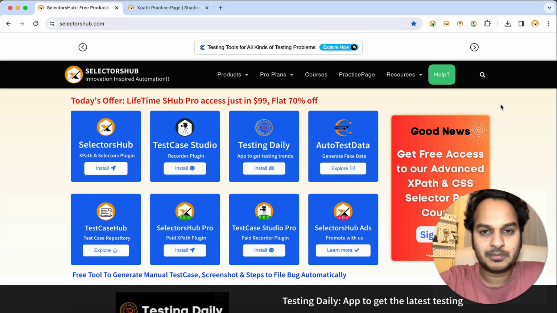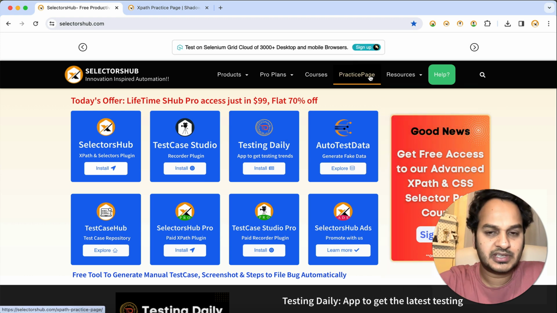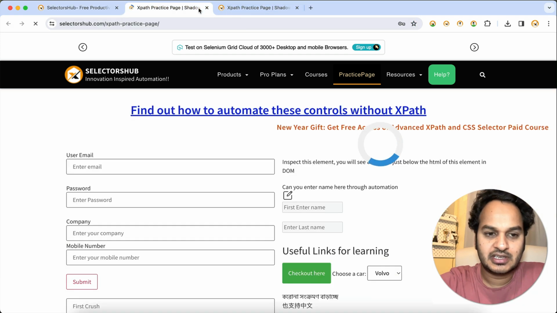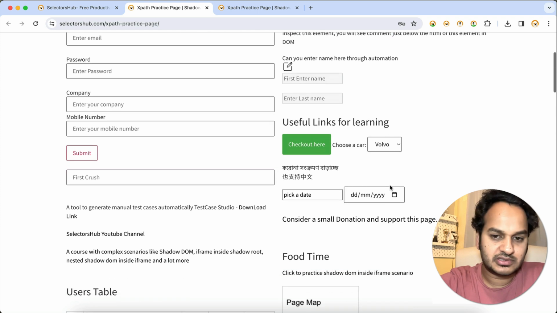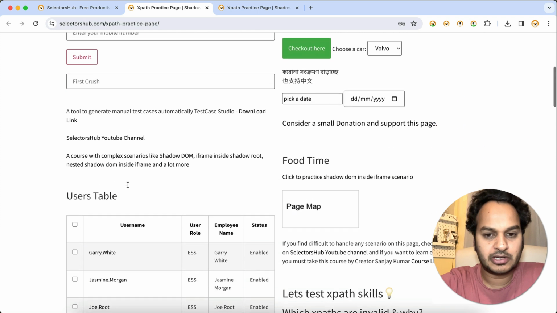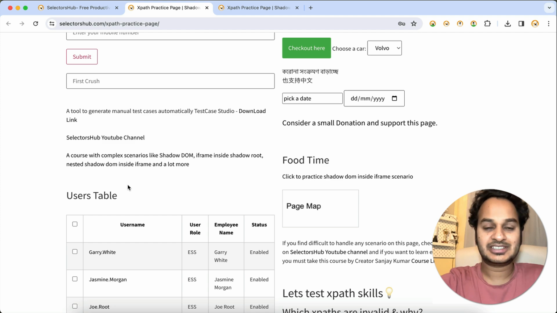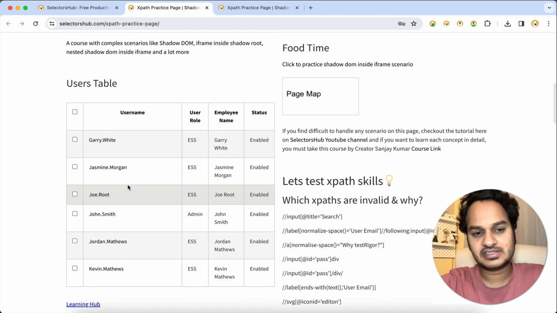Hello friend, welcome back. As you all know, we have this practice page which is very helpful to practice any kind of scenario related to web automation, any complex scenarios. Normal standard forms and everything is of course there. And then there are drop downs, check box, dates, iframe, shadow DOM, multiple iframe, nested shadow DOM inside iframe,